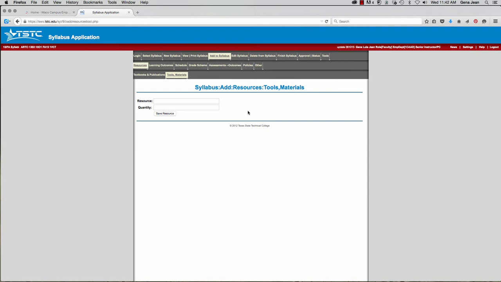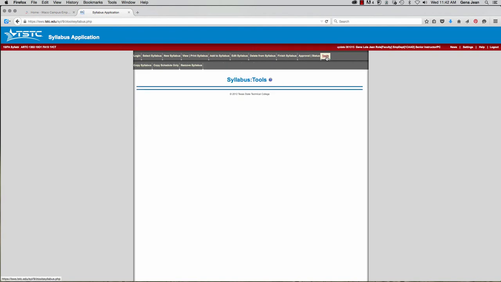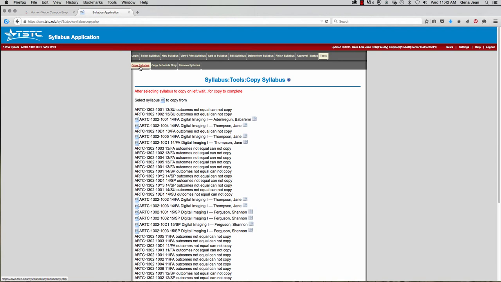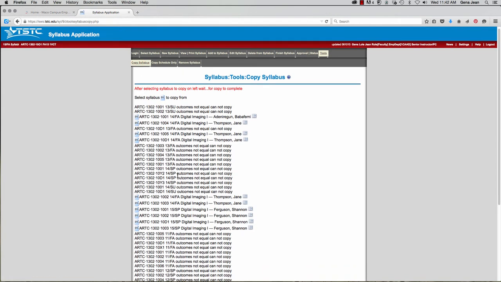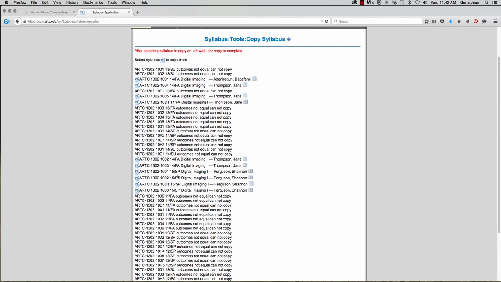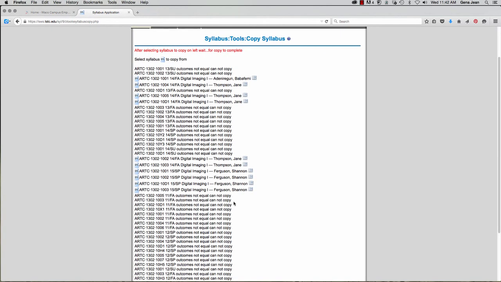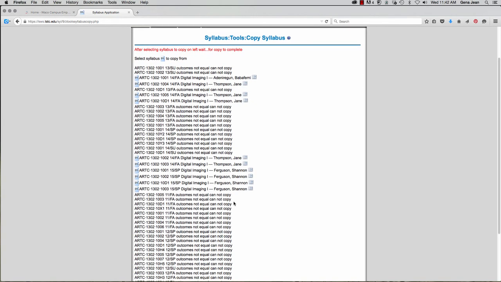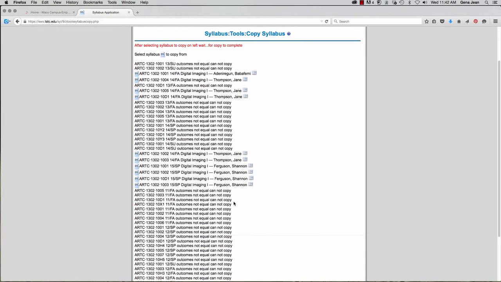Now, before I get started, I would like to show you how you go about copying from another syllabus into this one. And to do so, you will go to Tools, Copy Syllabus, and you can select from all the times this class has been taught. Now, I would recommend that you select a class that is recent or current